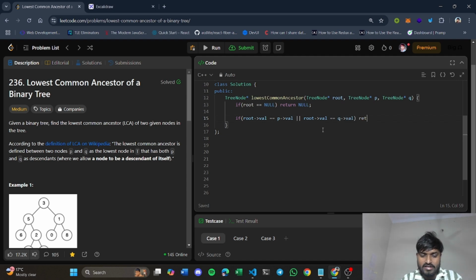In that case, what will you return? You will return that root. So what does it mean?